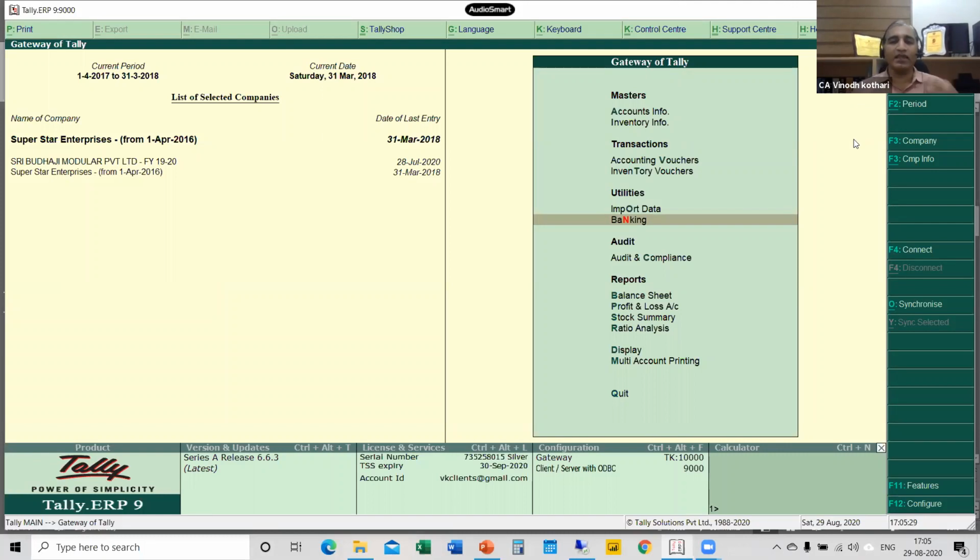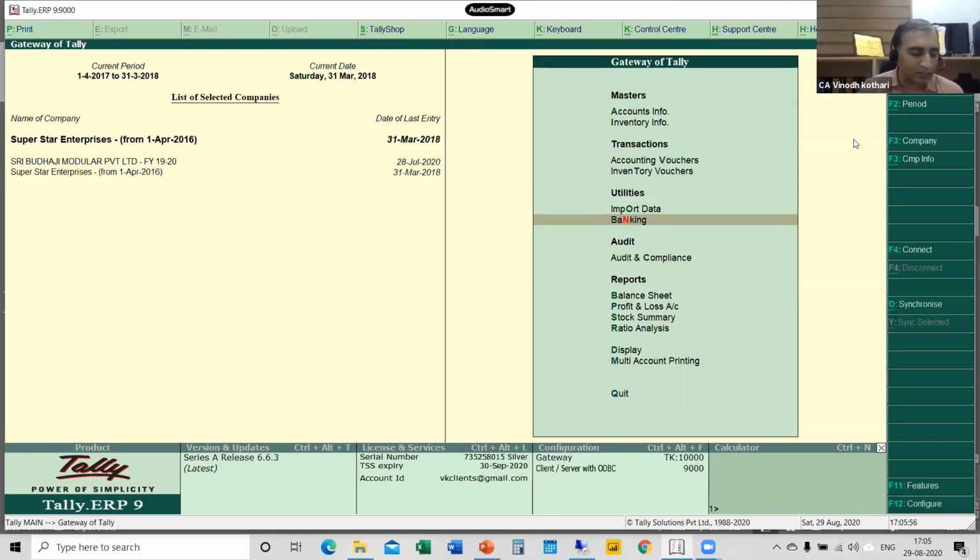So the method I follow is, whenever I get the Tally backup, I ensure that even if the client wants to pass an entry, he has to pass it only in this Tally, so that my auditing records are intact with me. Or I use the client's Tally live data using ERP, I connect the data and then I pass the entry.